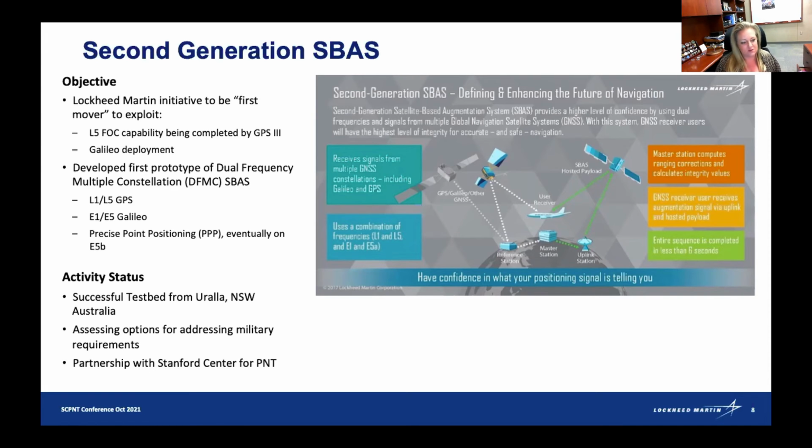And with Stanford, over the past 10 years, Lockheed Martin Space has really supported the Stanford Center for Position, Navigation, and Timing. It's been a great partnership. The support's proven to be really mutually beneficial, a way for us to advance the state of knowledge of this advanced PNT. So some areas of collaboration, for those that aren't aware: the dual frequency multiple constellation space-based, satellite-based